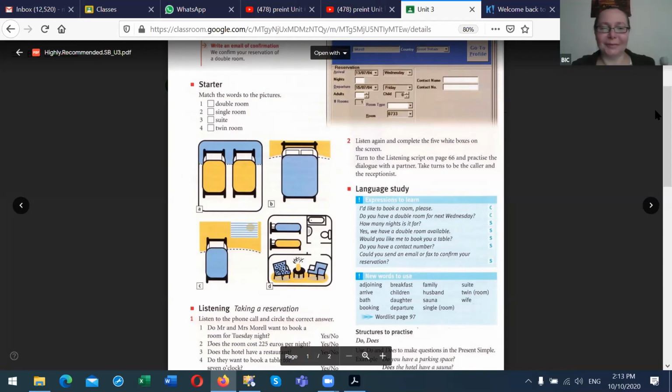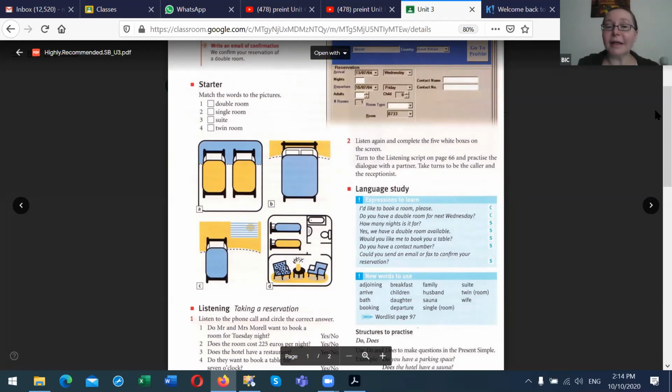Single room. C. Yes, it's a C. That means 1 person in the bed in the room. What's a suite? D, yeah, and that means it's kind of like a little apartment. There are the beds and a little living room.